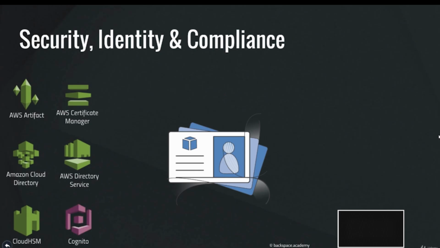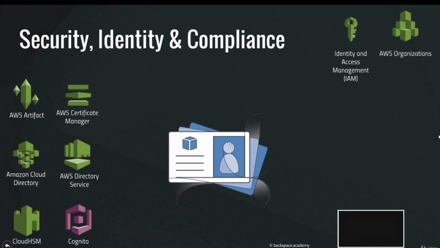Amazon Cognito provides sign-in and sign-up capability for your web and mobile applications. You can also integrate that sign-up process with external OAuth providers such as Google and Facebook, and also SAML2 providers as well. AWS Identity and Access Management, or IAM for short, allows you to manage user access to your AWS services and resources in your account. Users and groups of users have individual permissions that allow or deny access to your resources.